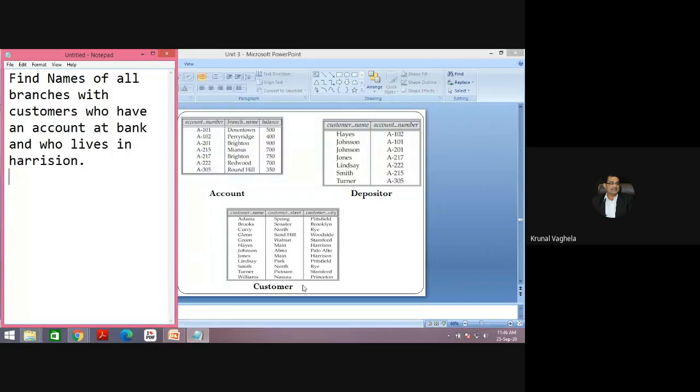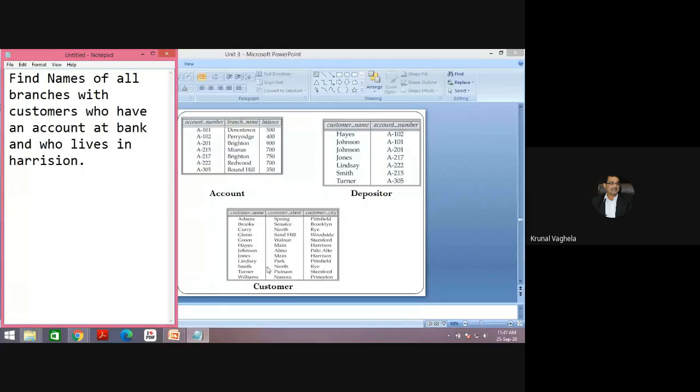Now, if you observe carefully, in the last lecture I told you that for Cartesian product or join operation, you need one common column. If you observe, nothing is common between these two. Here account number, branch name and balance. Here customer name, customer street and city. So if you do the Cartesian product also, your purpose will not be solved. Why is it happening? Here you can find the customer name and city. Here you can find account number and branch.